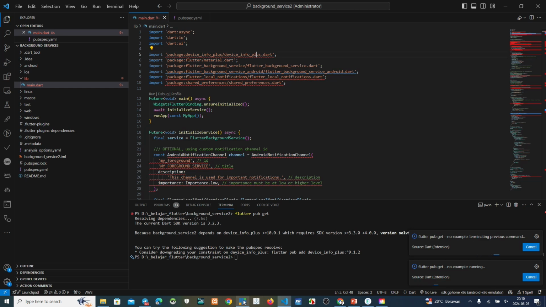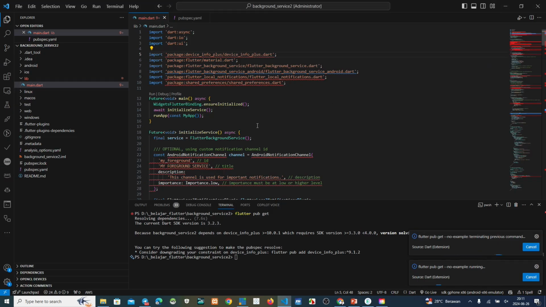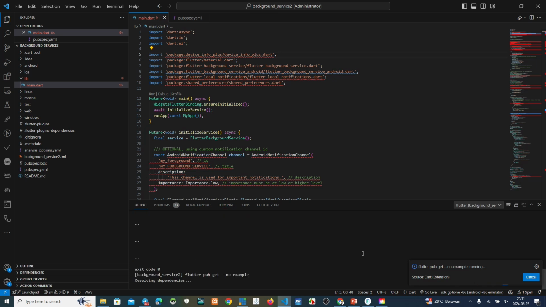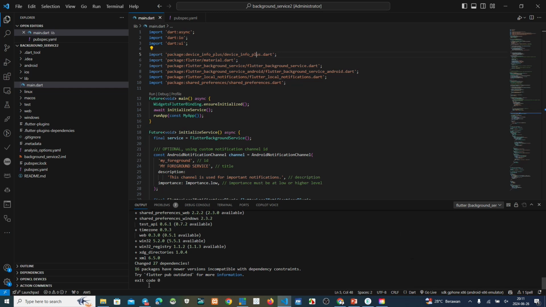We use this one to record our project. But if we live without recording, I think it's faster. Okay, maybe a few seconds. This okay, finish. Exit code 0 because we have updated these dependencies.